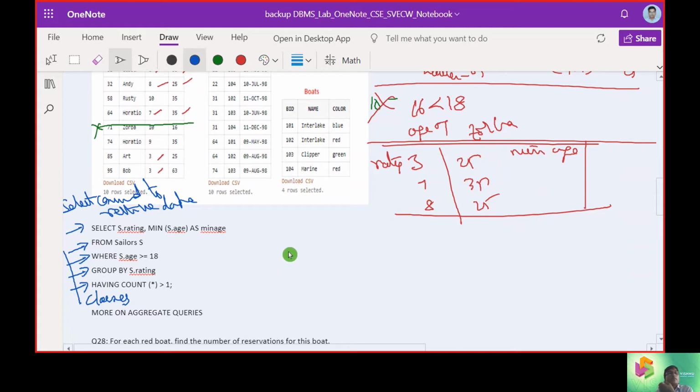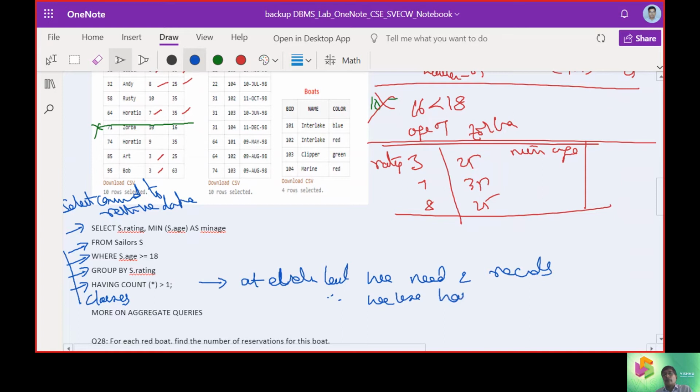At each level we need at least 2 records, therefore we use HAVING COUNT greater than 1.